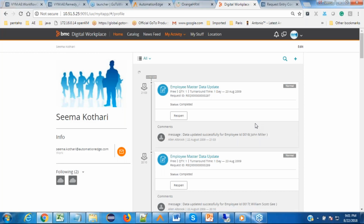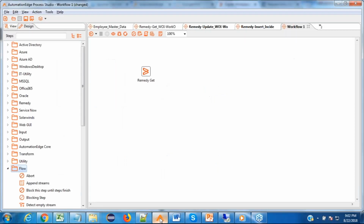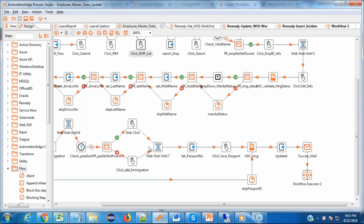between AutomationEdge and Remedy. Now, there is a second approach that also is very convenient to use. That is the Process Studio approach, plugins approach. So there are two things I'll show in the plugins. First of all, let me show you the backend workflow that was being used for this integration app-based service request